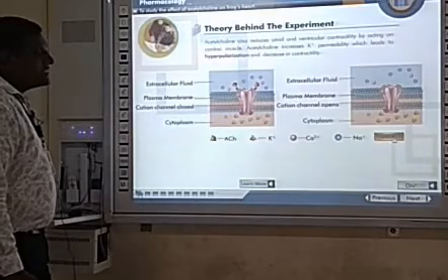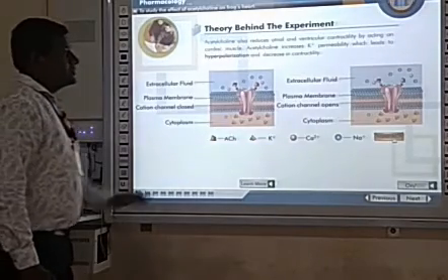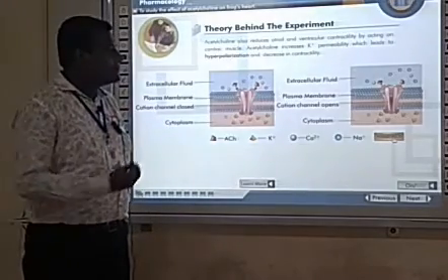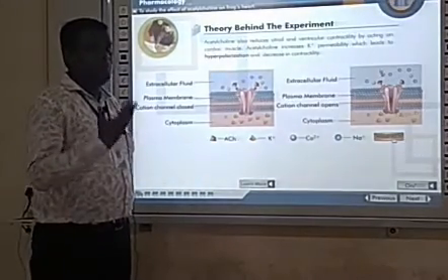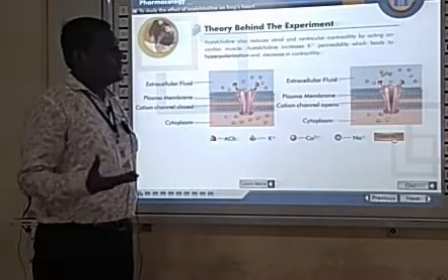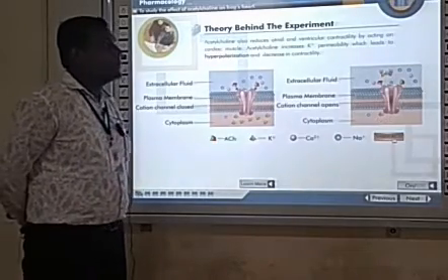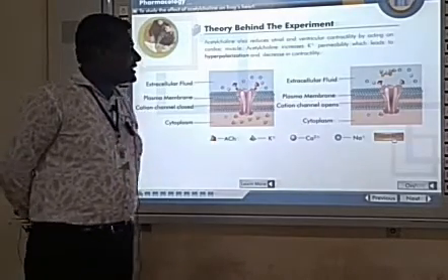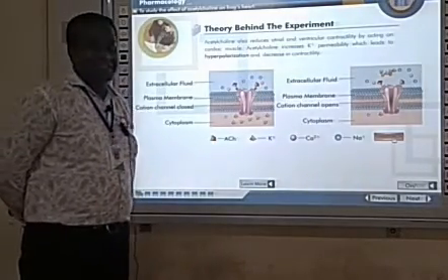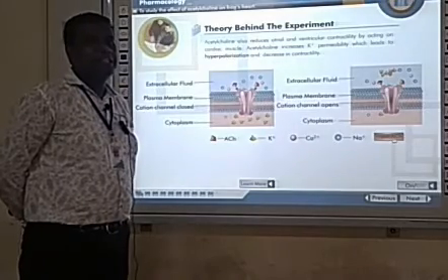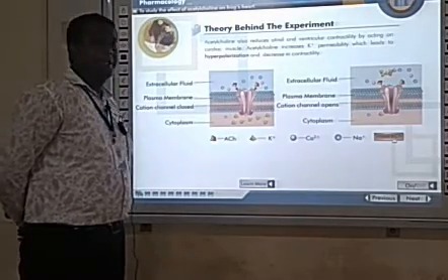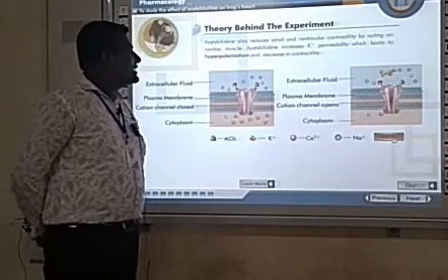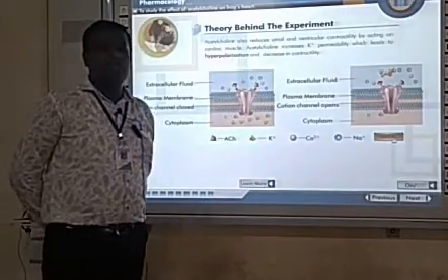Suppose I have given the acetylcholine injection. Look, binding of acetylcholine at the muscarinic receptor opens the channel, causing efflux of potassium. Due to efflux of potassium, it shows hyperpolarization. Hyperpolarization means a decrease in contractility, and decrease in contractility is nothing but the negative inotropic and negative chronotropic effect. Okay? So this is the theory behind today's experiment.